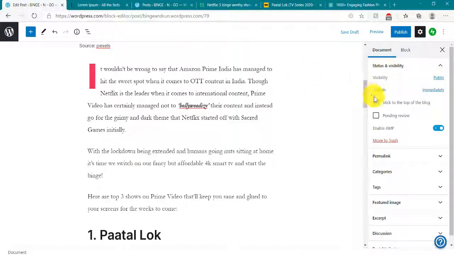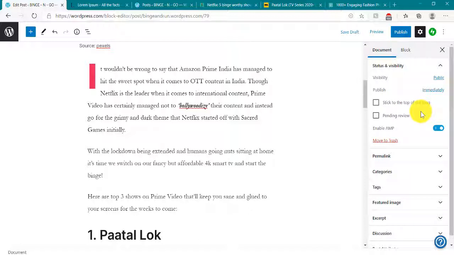Apart from that, we also have the option of publishing, click immediately. If I publish it, it will publish right now at this moment. Now what if I want to publish this at a later date, and why would you want to do that? Suppose you sit one day and write 5 to 6 articles, and you have a schedule of posting 1 article a week. You don't want to post 5 articles on the same day and then not post anything for the foreseeable future.